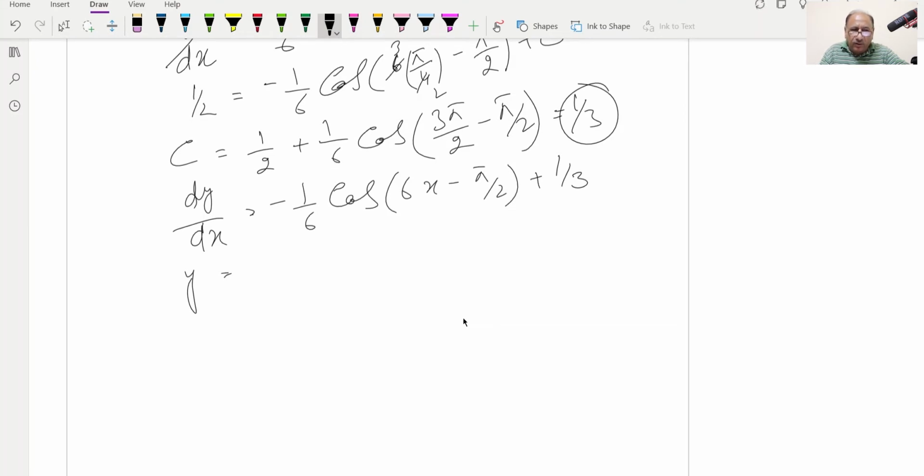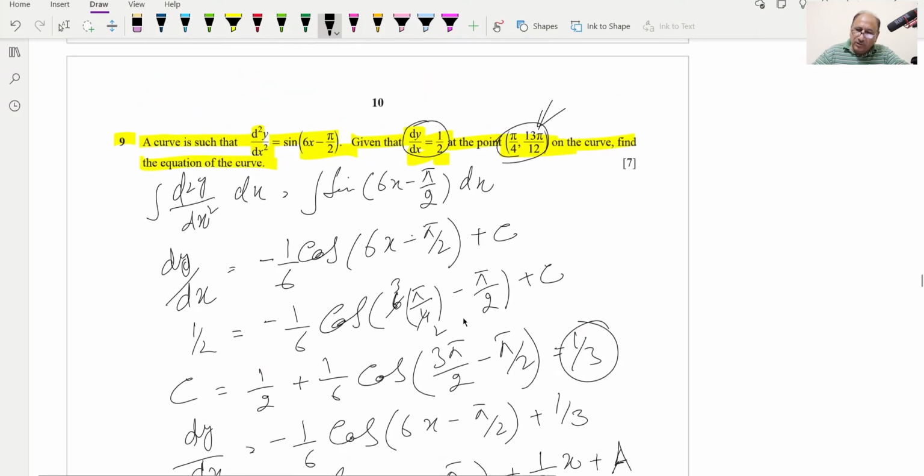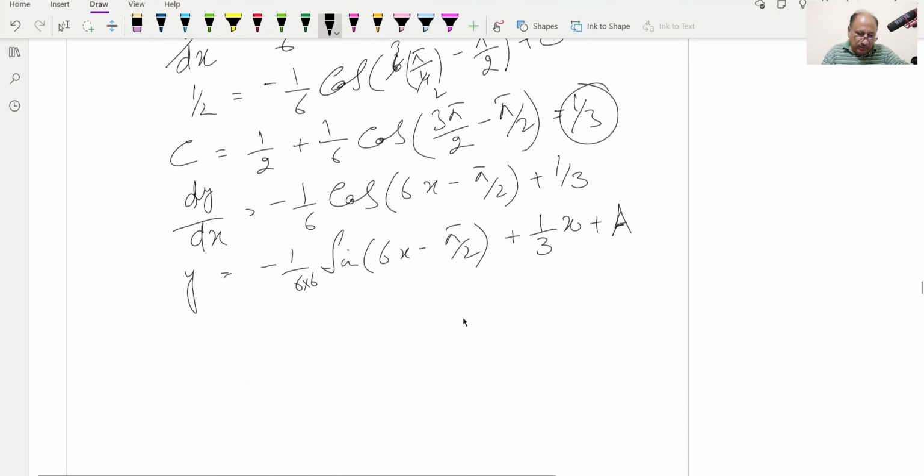and integral of cos x is sin x, so it will be 1 over 6 sine of 6x minus pi by 2 and divided by the derivative of this, so again it will be 6 over here, and this will be the integral of 1 by 3 will be 1 by 3x, and plus we can take another integral constant which we can take as a, and now we can find the value of a by replacing the values, and y value is given which is over here 13 pi by 12, so we can write 13 pi over 12 is equal to